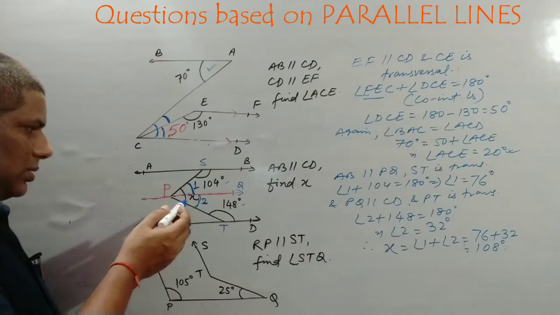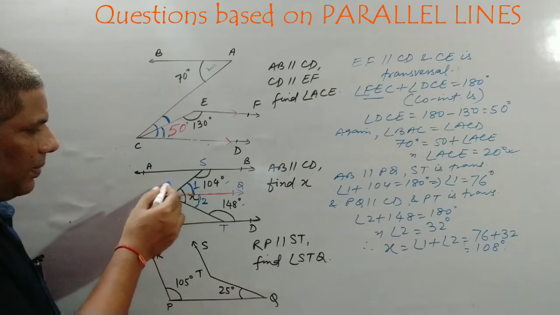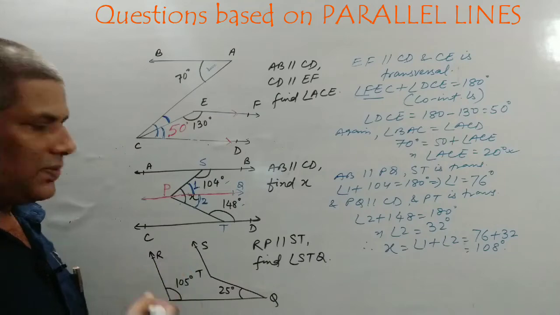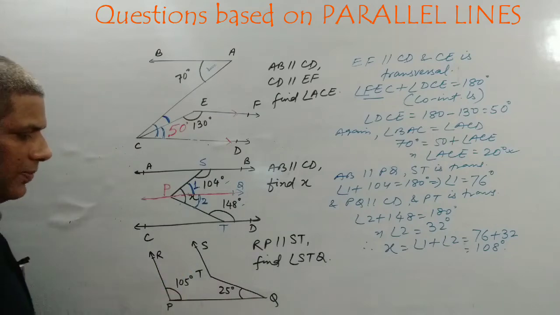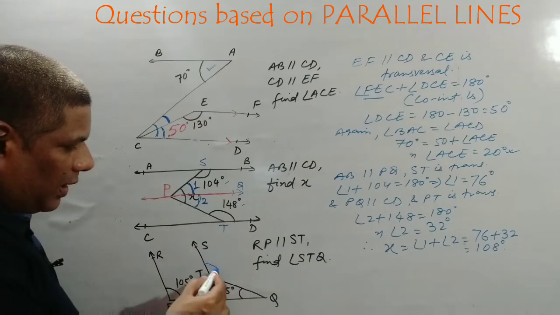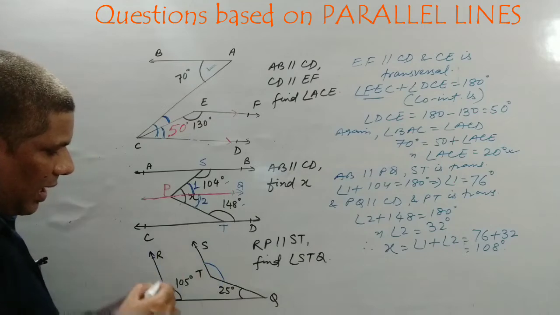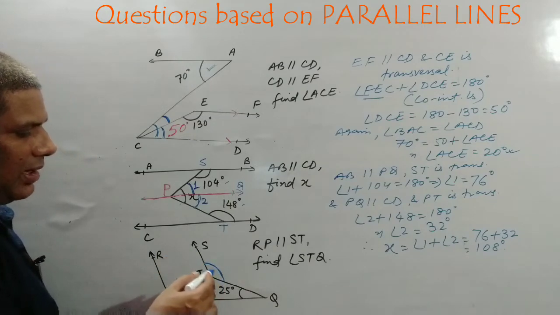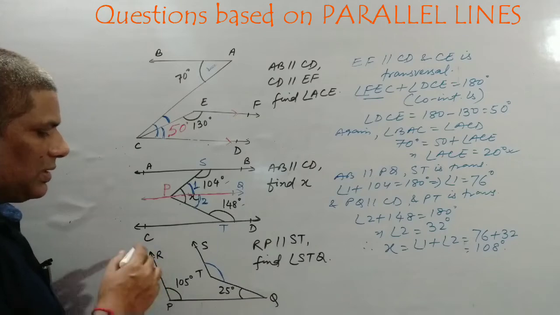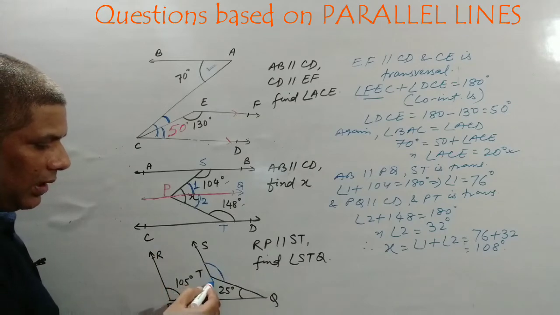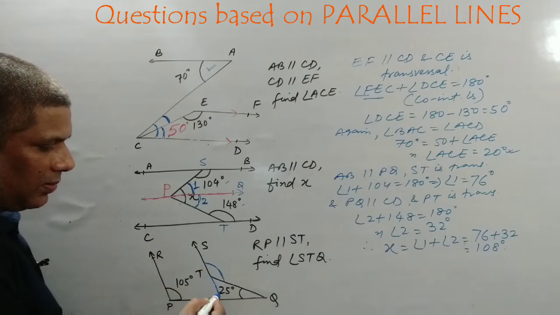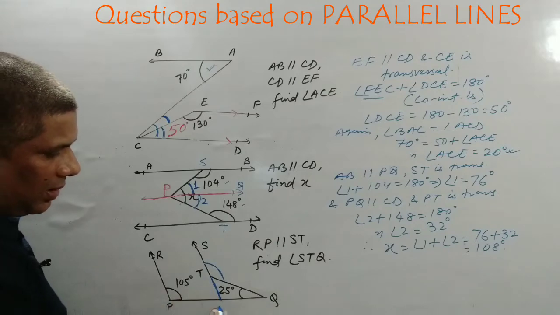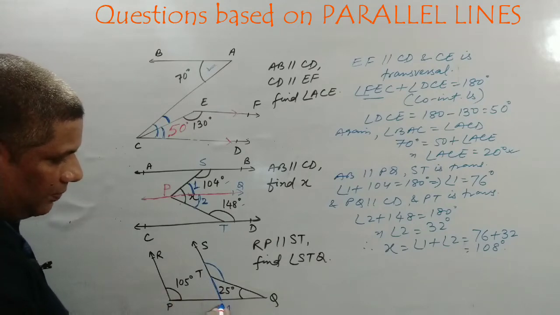You can see like this here. By finding this angle and subtracting from 360, we can find it in this way also. Now let us move to the third question. Again we have to find this angle, RP is parallel to ST. So this angle has no direct relation with this line. So let us draw a line here, by constructing and producing this line.